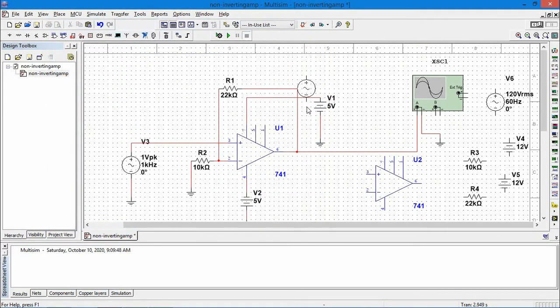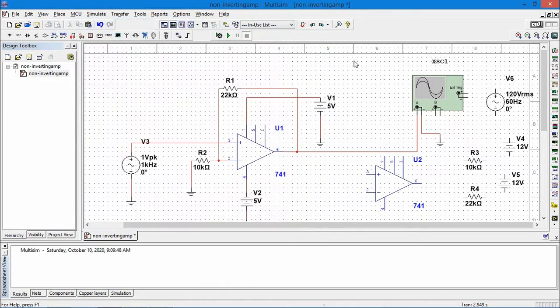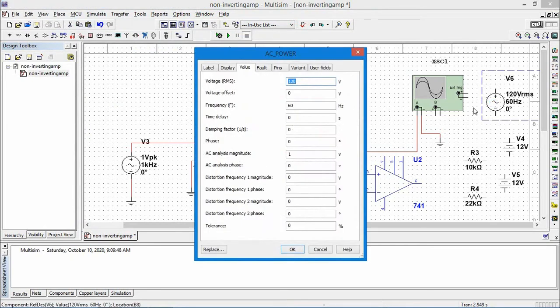Close it. We need the AC source value as 1 volt peak to peak and 1 kilohertz with 0 phase. So double click on this. The first one is the RMS value. Change the frequency to 1K.